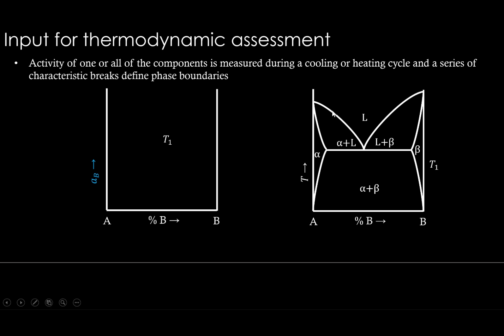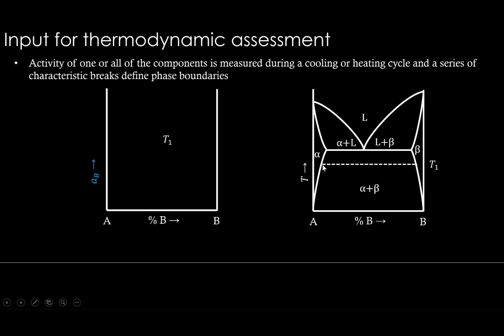You see, this is a eutectic diagram. Simple alpha and beta two phases are there. You have seen this kind of diagram. Now, at this temperature T1, let's put a line like this. There's a tie line here. It tells you alpha and beta two phases are in equilibrium with these two compositions, right? Now, if we plot activity of B for this temperature T1 with composition in the x-axis, how is it going to look?